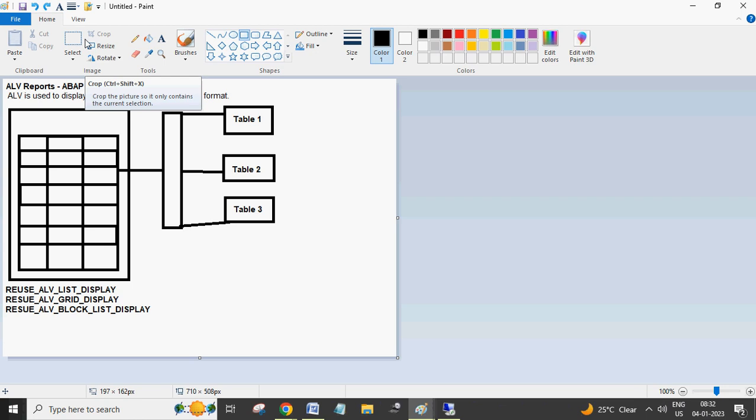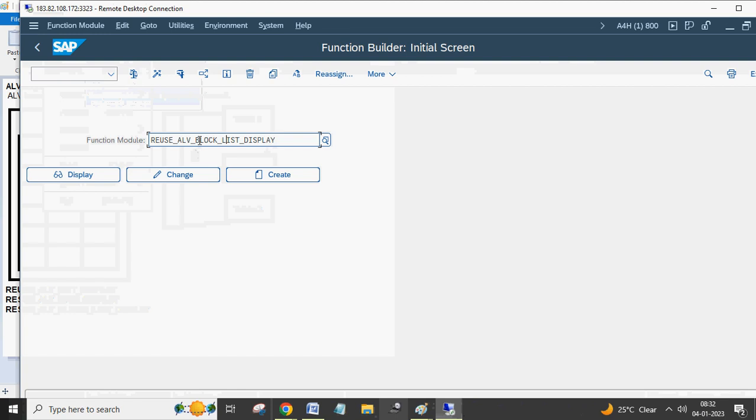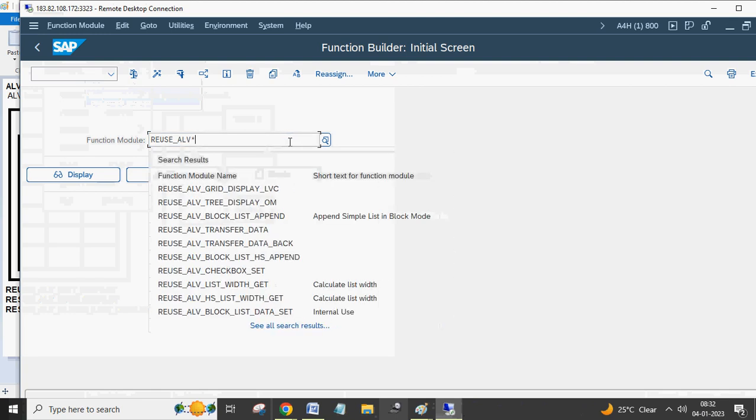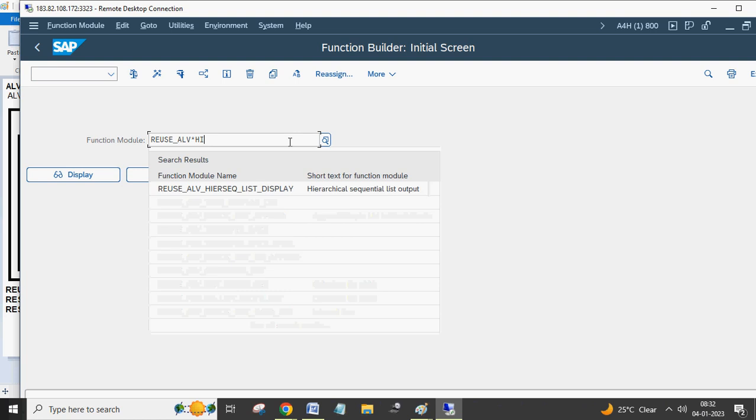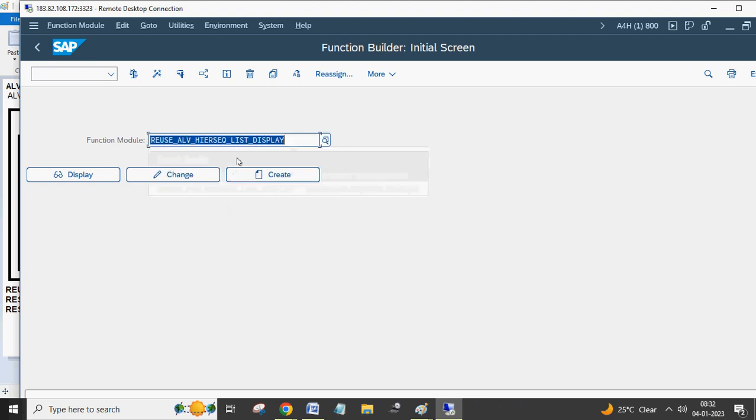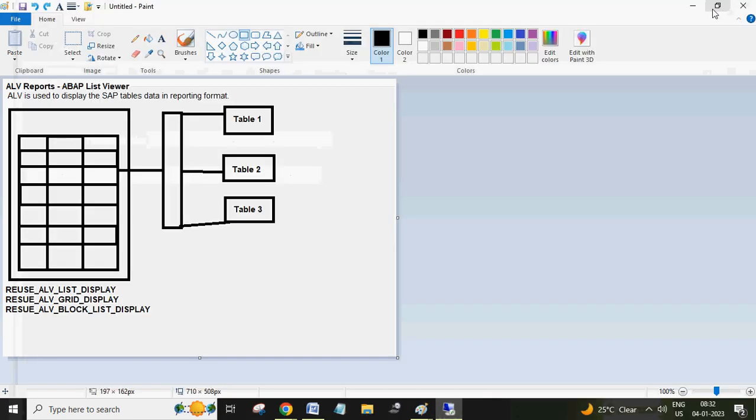Yeah, hierarchical ALV. So let's see what is the function module for hierarchical ALV. Reuse underscore ALV, and we'll see what is HI. Yeah, this is the one. What is this hierarchical display? Hierarchical ALV. So hierarchical ALV contains data like this: parent and child model,